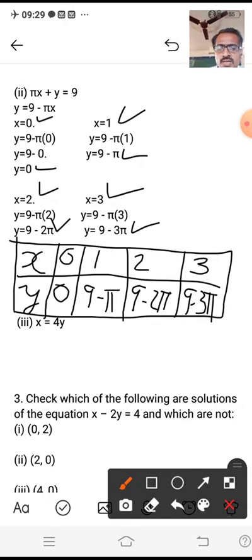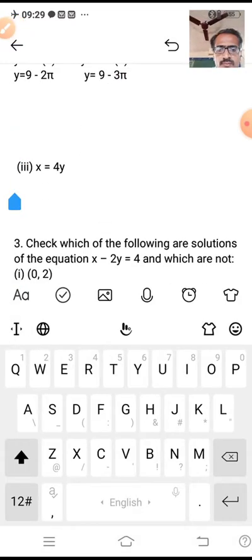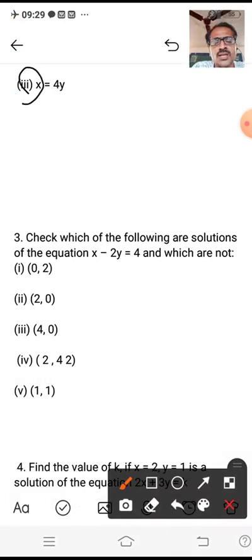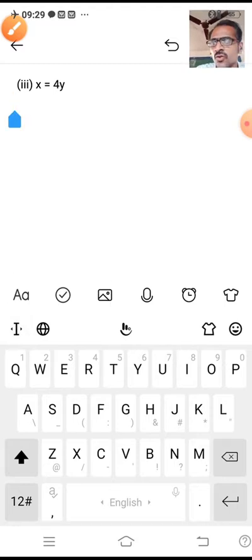Clear? Let us solve the next one, which is number 3. Here it is number 3. See, the subject is already given. They have already made x the subject. Check it out. Whatever variable is towards the left hand side is called the subject, and whatever variable is towards the right hand side, that value we substitute. Already there they have made x the subject, so no need to make x the subject. Directly we will find the solutions. We know very well which variable's value we take: the variable towards the right hand side.